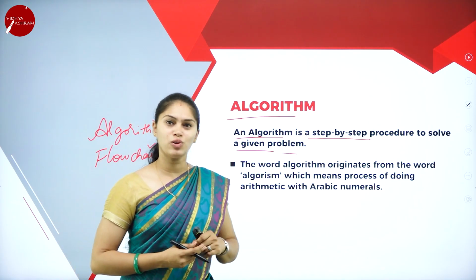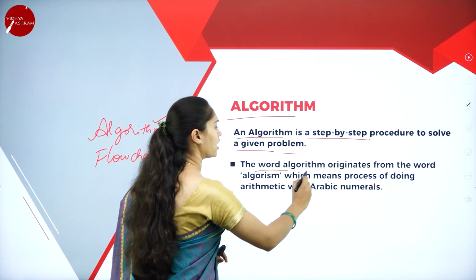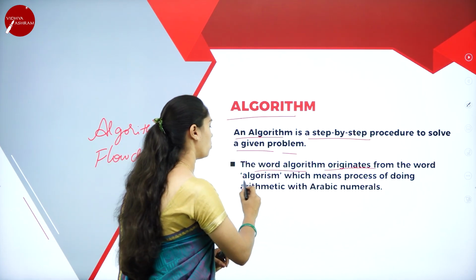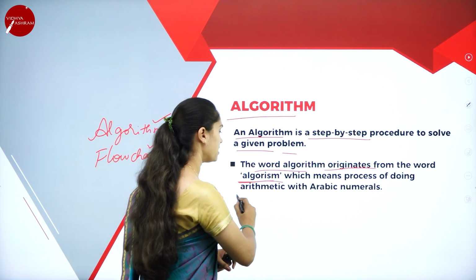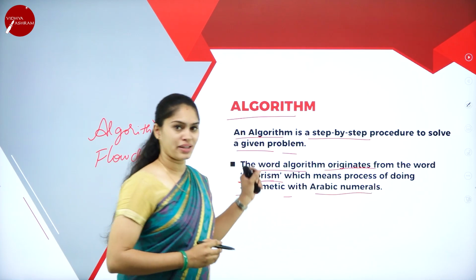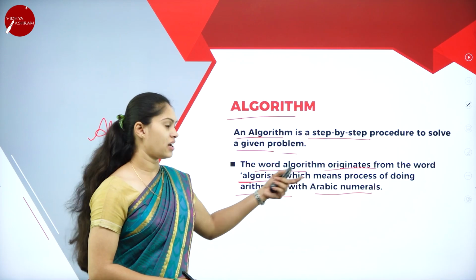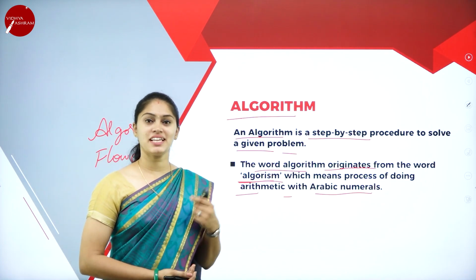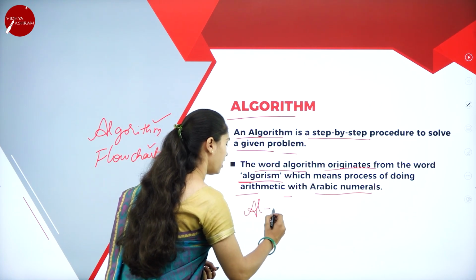Then how was this word algorithm derived, where does it come from? The word algorithm originates from the word algorism. That means what? It is a process of doing arithmetic with Arabic numerals. Why is it saying that it is a process of doing arithmetic with Arabic numerals? Because it was invented by an Arab mathematician. His name is